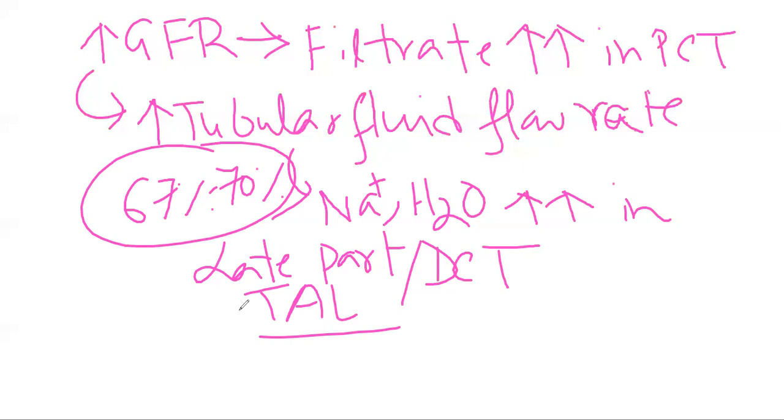But if there is increased GFR due to taking a protein diet or changing posture from supine to sitting upright or standing, there will be an increase in tubular fluid flow rate, and a large amount of filtrate, mainly sodium and water, will come into the distal part of the nephron. The sodium load will be higher in the distal part compared to the proximal part of the nephron. As a result, there will be a chance for a large amount of sodium ion and water excretion from the body, which is not desirable,